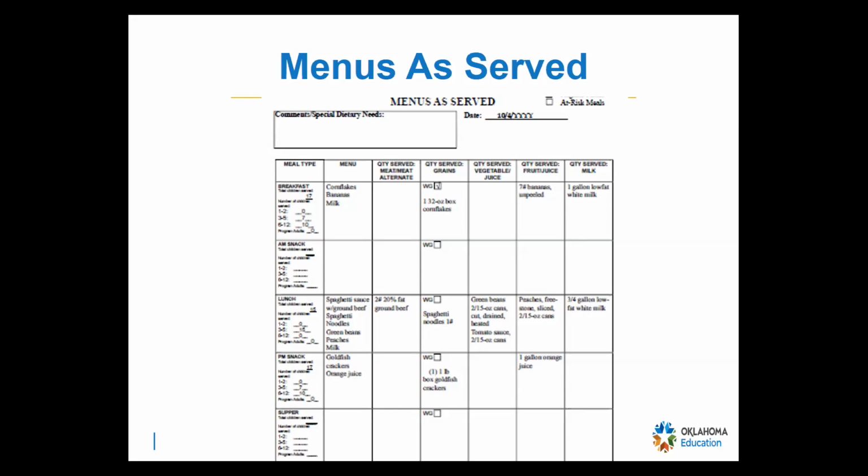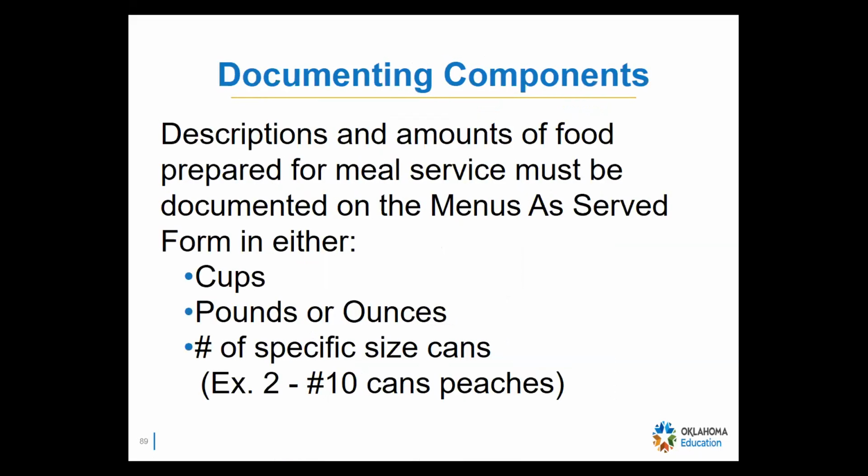If anything is missing from the food production record or menu as served forms, that's also when meals can be taken back. But again, when you document, please be very descriptive. You can put pounds, ounces, cups. If you're using a number 10 can, again, schools, you can still use what you have. You can always do what you have always done for your school, but this is mostly the CACFP one, which